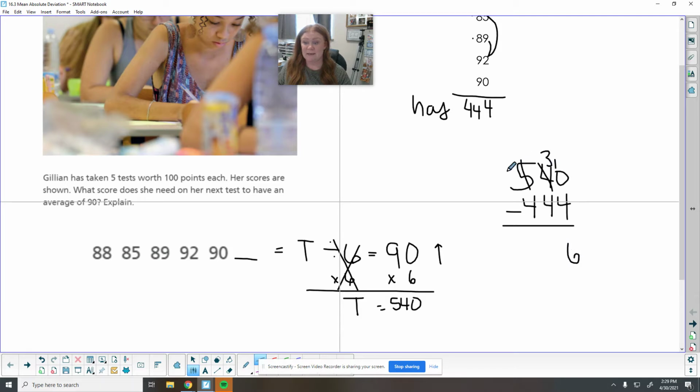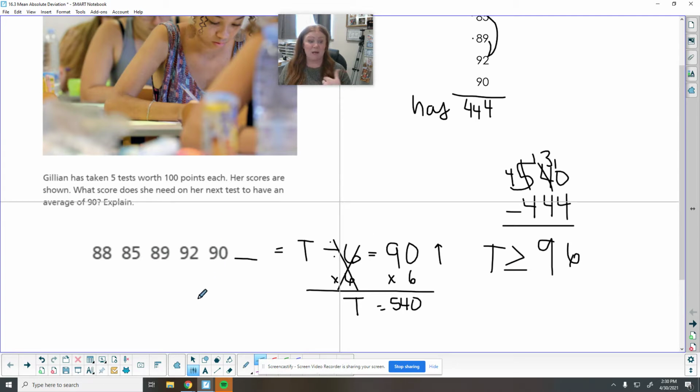Here's 6. Borrow here, 13 minus 4 is 9. So she needs at least, so t needs to be greater than or equal to 96. So she could get 96 points and get an average of 90. She could get 97 points, 98, 99, or even 100, and that would bump her up to 90 as an